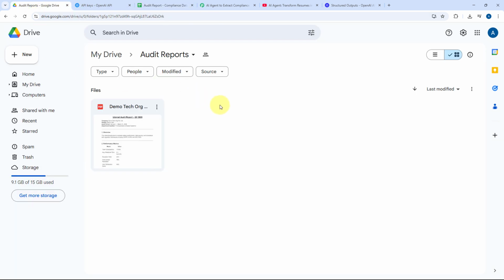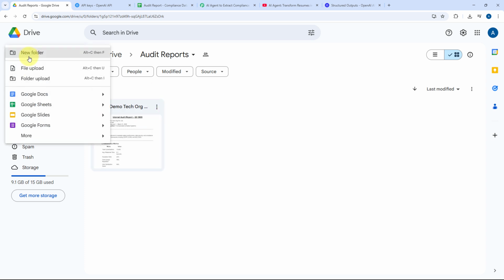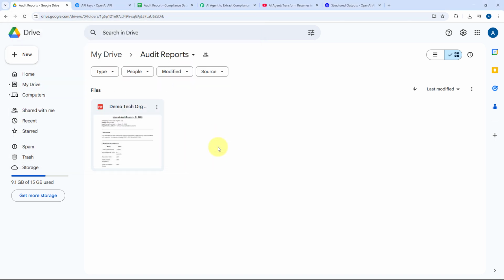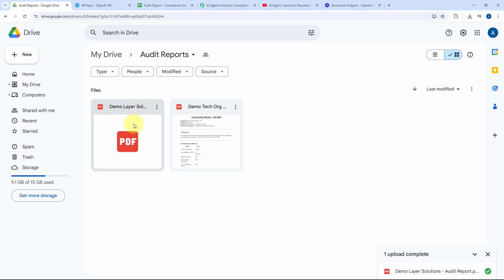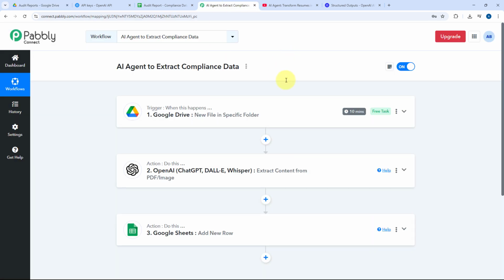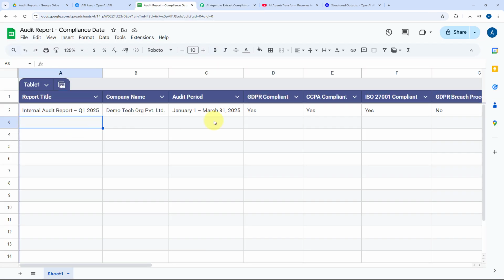Now, after building this AI agent, we are going to test this AI agent once. So I'll just click on this new button, select file upload, and from my system, I will be uploading another audit report over here. So here you can see that the audit report is uploaded on my Google Drive folder. And as we upload this audit report, we will see that within 10 minutes, using this AI agent, this audit report will be fetched and automatically the compliance data will be extracted and added in our Google spreadsheet as a